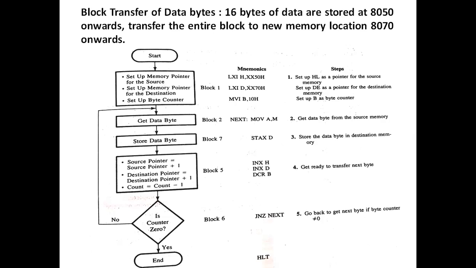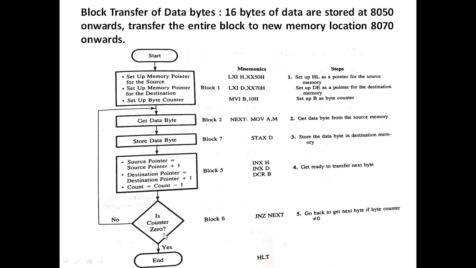So you are remaining with the 15 counts. That is why we are going to reduce the count by 1, decrement the count by 1. And then we are going to check. Now this process is being repeated. Just read the data byte, store, increment, decrement. You get the data byte, store the data byte, and this process is being repeated till the counter is going